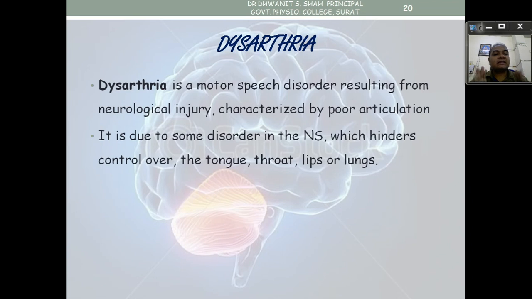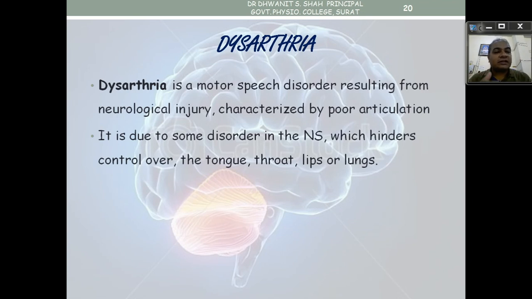If there is no coordination between all these parts together, like the lips, tongue movements, breathing patterns, voice output, and lung movements, which give you expression. When you are speaking, if you keep your hand in front, you find that air is coming out when you speak. So you can feel the air movement when you speak. That is also a coordinated activity of the lungs.